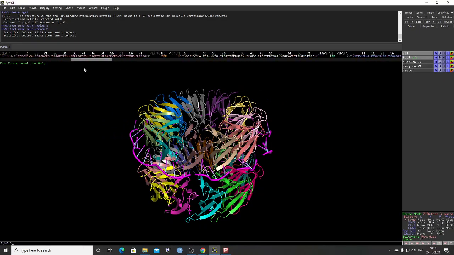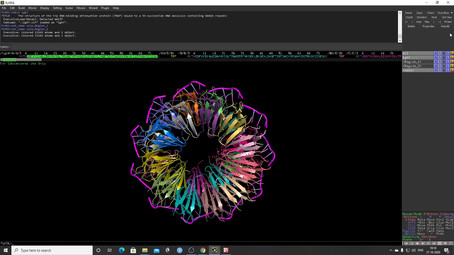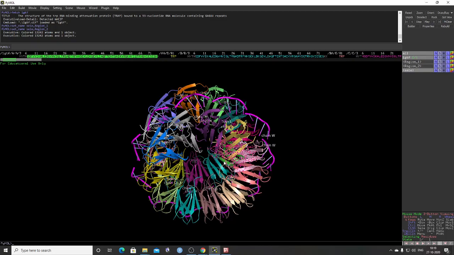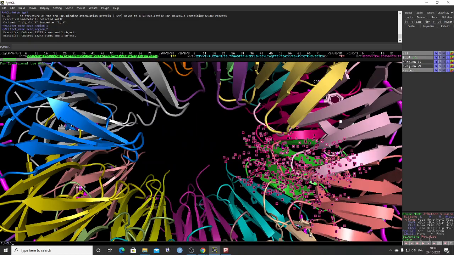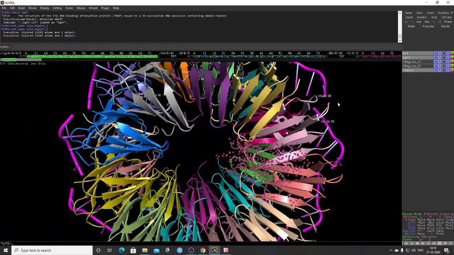Now these were our chains, right? So this is our first chain, A chain. Now we don't see a label here, so you can go in the label by chain. Okay, so now you can see the chain labels are present here.